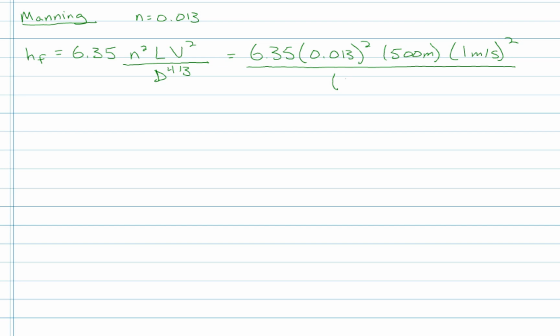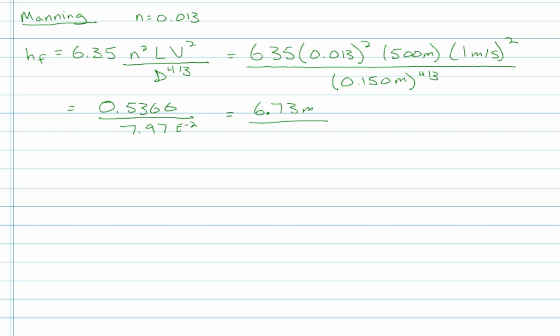And the diameter is 0.150 meters to the 4/3 power. Okay, so that goes to 0.5366 over 7.97 times 10 to the minus 2, and we get 6.73 meters of head loss according to the